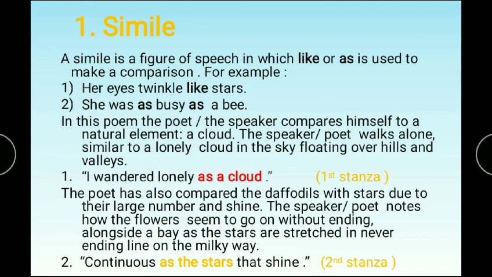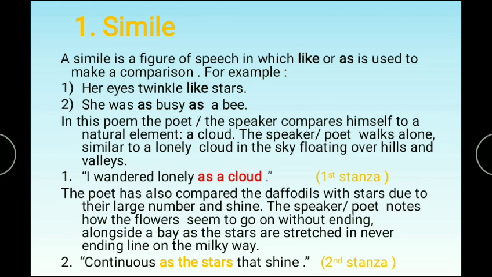So in the second stanza, we can also see the poet has compared the stars with the daffodils. If you remember, the poet has compared the daffodils with stars. And why did the poet compare the daffodils with the stars? Because daffodils were in a large number, a host of golden daffodils, a crowd of daffodils. So the poet has also told us that the stars are unlimited in number, as the daffodils were also endless. So the poet has made a comparison between daffodils and stars just because of number.